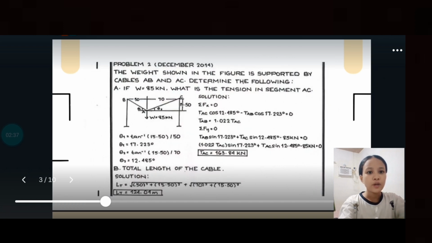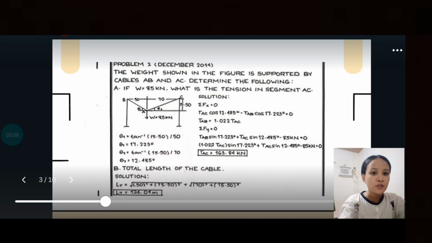Problem 2. The weight shown in the figure is supported by cables AB and AC. Determine the following. A. If weight is equal to 85 kN, what is the tension in segment AC? First, we need to get the force horizontal or Fx. Fx is equal to 0. So TAC cosine